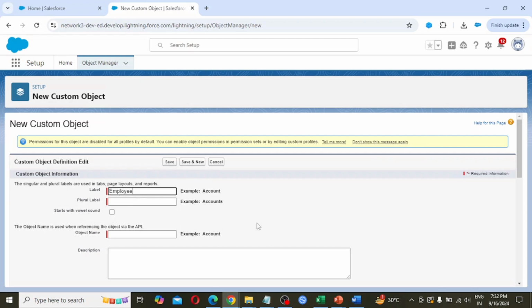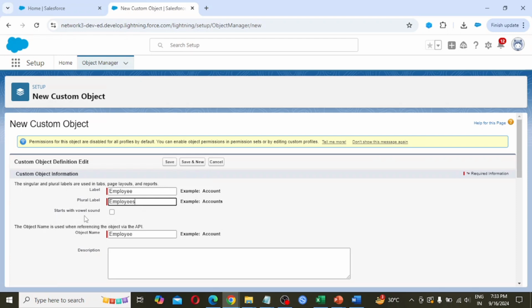So we are going to create an employee object. Plural is employees. So for plural we have provided employees. If we put employee only, there is no error at all.